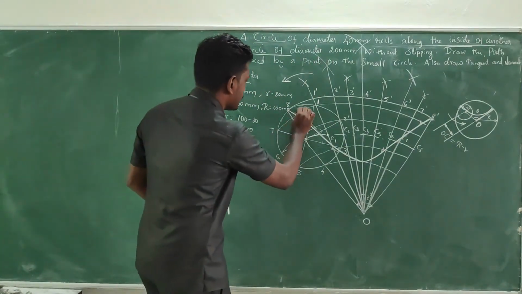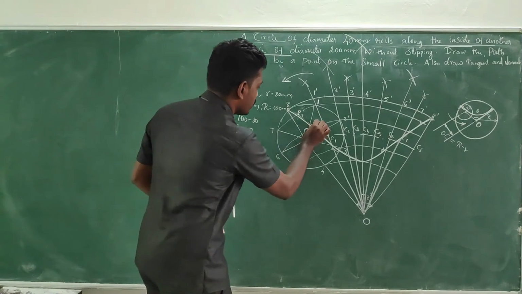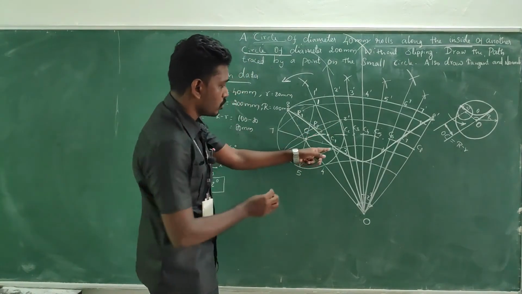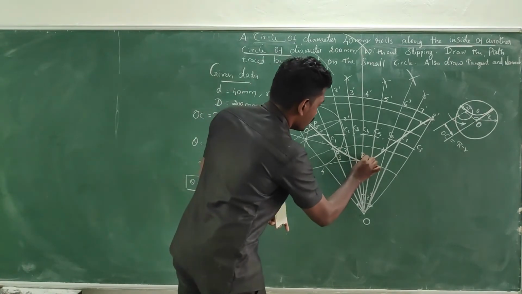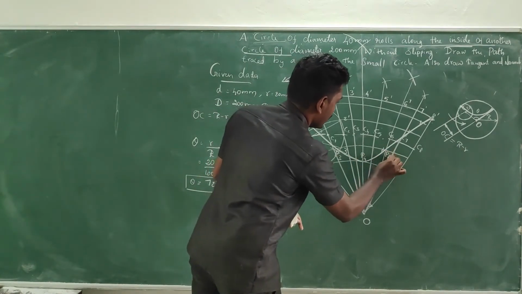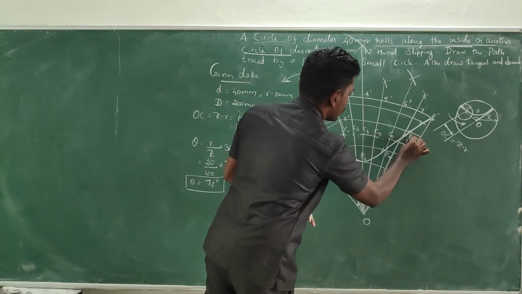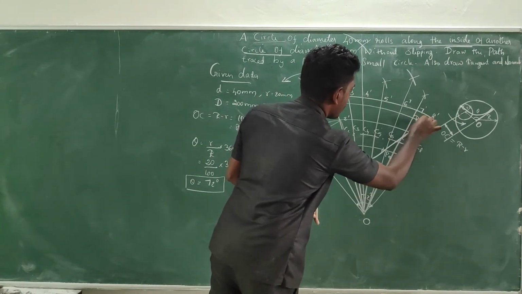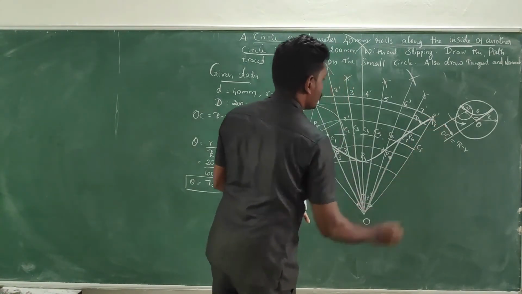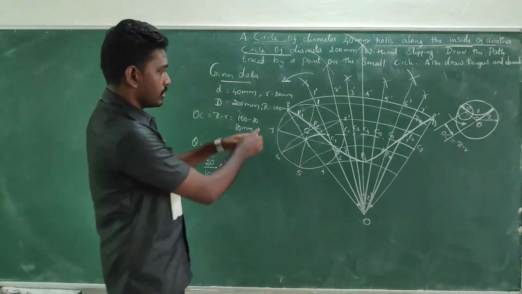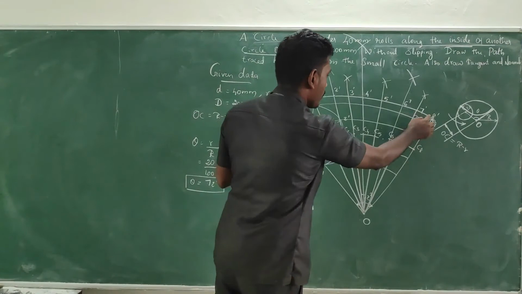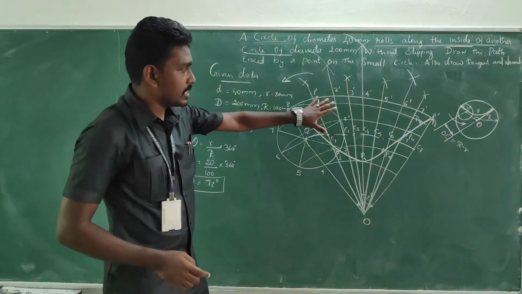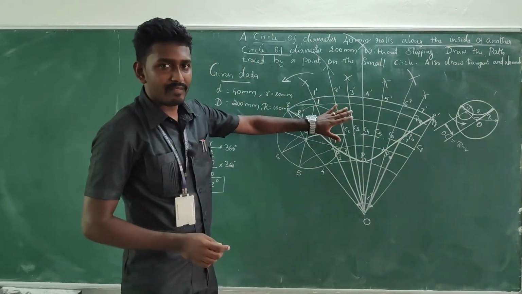Okay. So I can say this is P1, and this would be the second point P2, and here P3, and here P4, P5, P6, and here it is P7 and P8. Okay, this is our profile. Only this curve should be dark. All the other construction lines should be very thin.